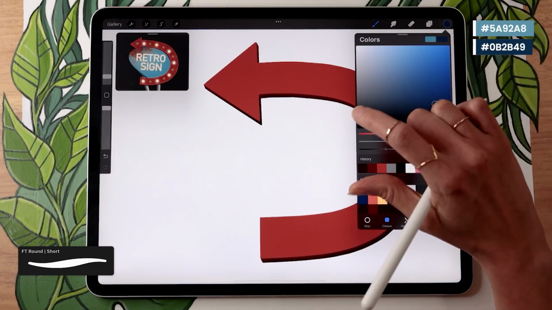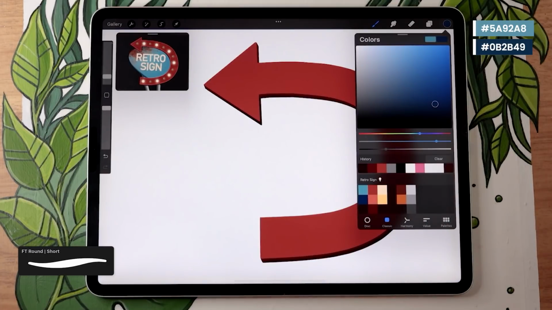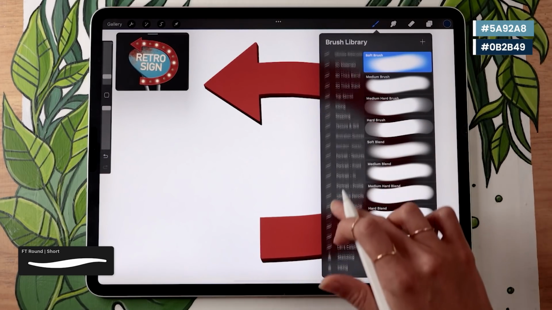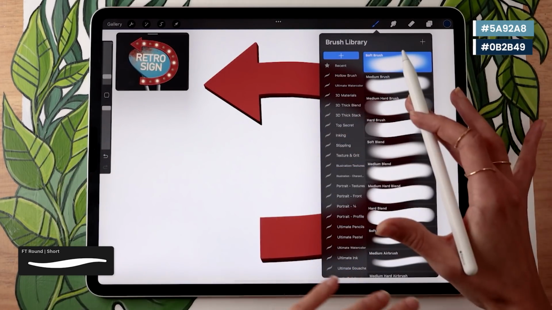Otherwise, the 3D effect is going to look inverted, so what is supposed to be light is going to be dark, and your shadows aren't going to be light, which is obviously not optimal. And once you have your color selected, you really just have to pick whatever brush you want. Now here we want something that is thick, so not necessarily like a metal or glossy effect.